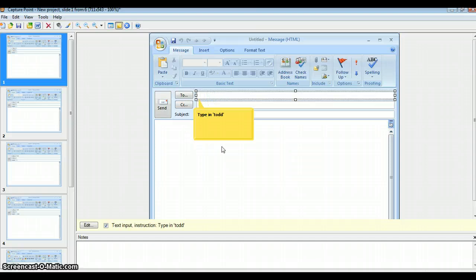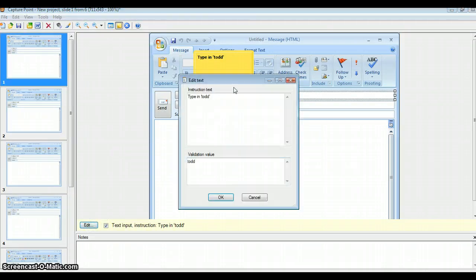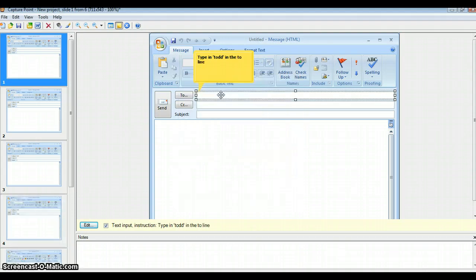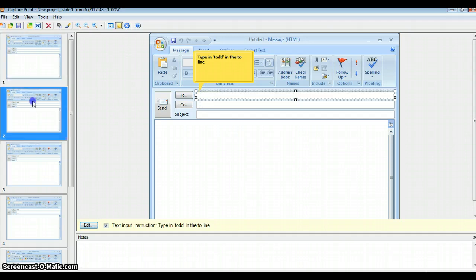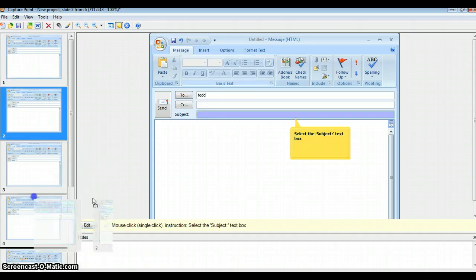In Capture Point, you're able to double click on the callout and move the location of it. If you want to edit that callout even further, you can click on the edit button, and then right here you can type in Todd in the To line, and it adds it into the callout. As you go through these slides one at a time, notice that you've got the flexibility of moving and reordering them, which is difficult to do on a recording, but with screenshots